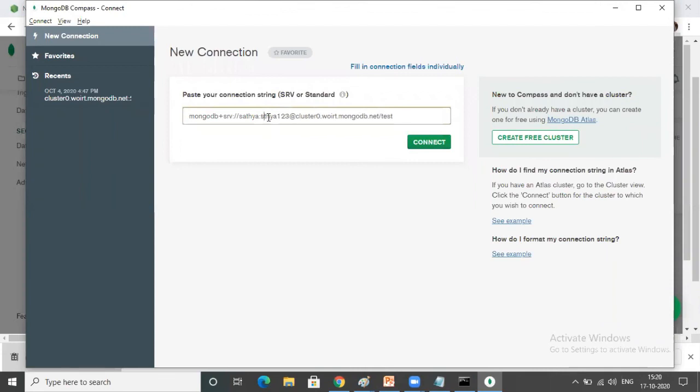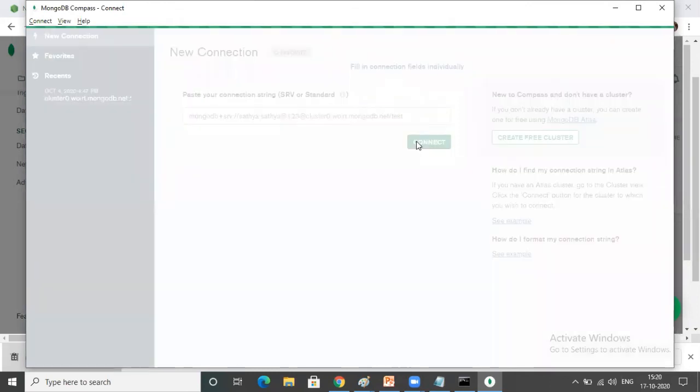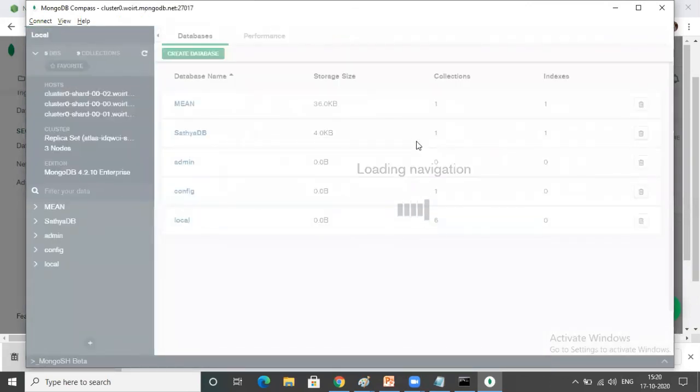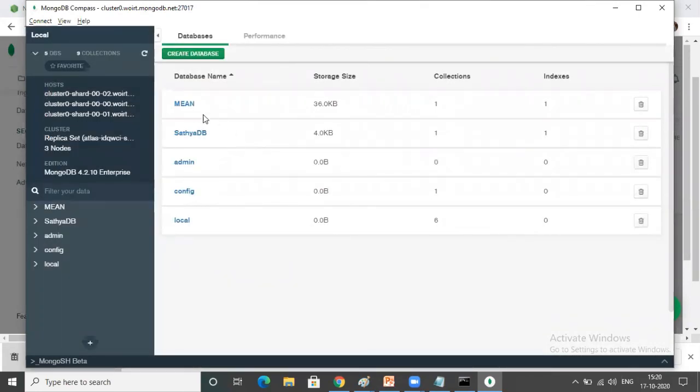Authentication failed. Wait, let me check once. Yeah, I just forgot the password. So here I connected. Now you can see the database we created in the cloud.